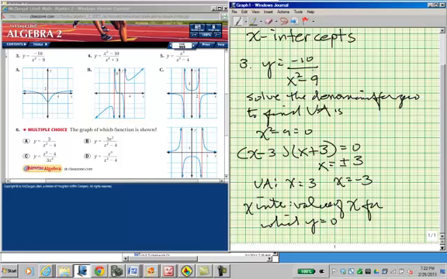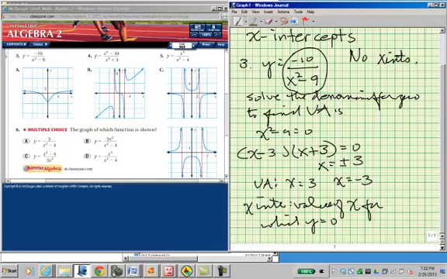The only way that the right side of the equation can equal 0 is if the numerator equals 0. Well, the numerator is negative 10, so it will never equal 0. So this function has two vertical asymptotes, but no